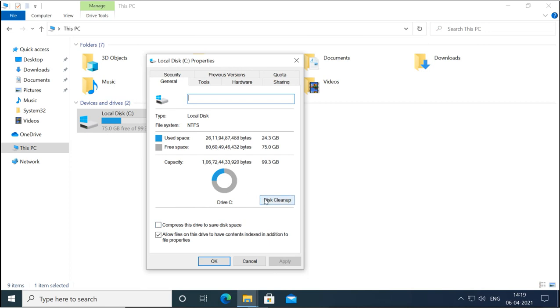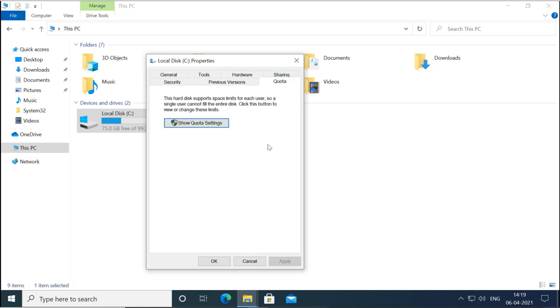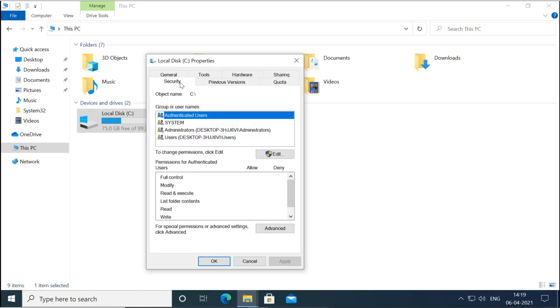You can audit, you can clean up the disk. You have different tools here. You have error checking, and you have the optimizing disk option available for NTFS. You have the option to use quota, that means you can allocate some user a limit of space. Then also you can use the security feature.